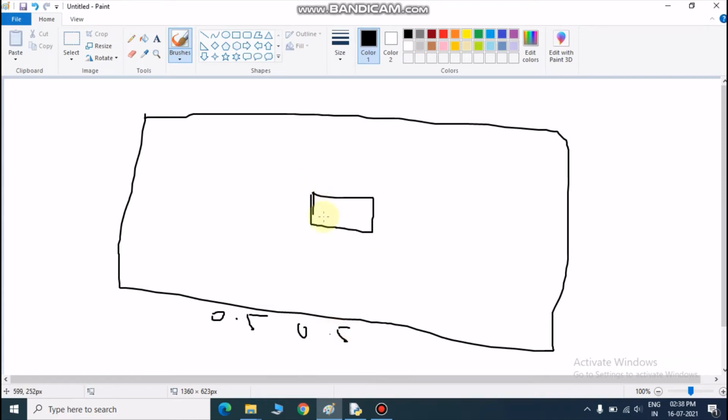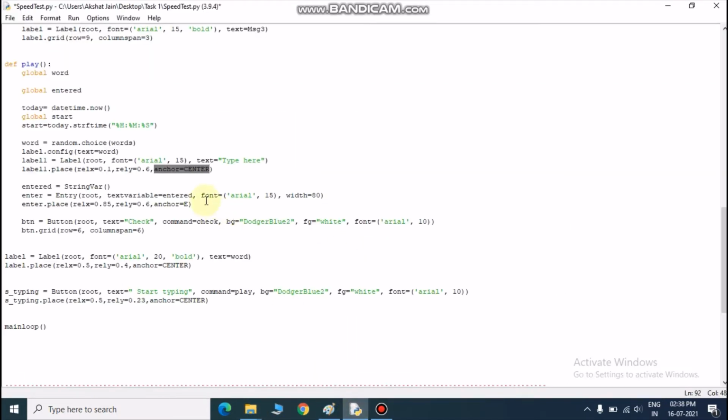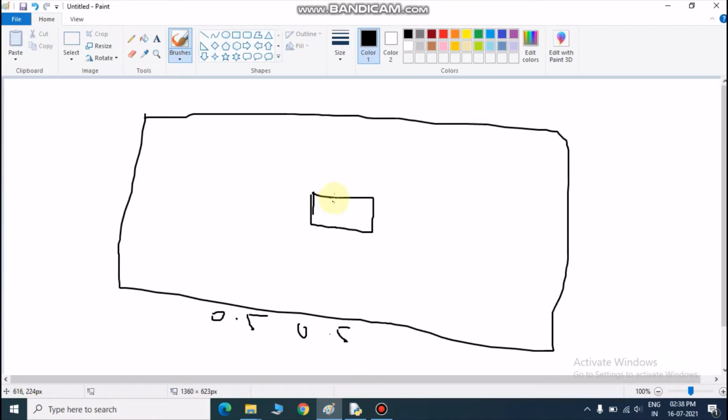It will be in the center of the frame. Now I want it to be a little west or a little east. When I turn it from center to west by simply writing W, then its alignment will shift from here to somewhat here.